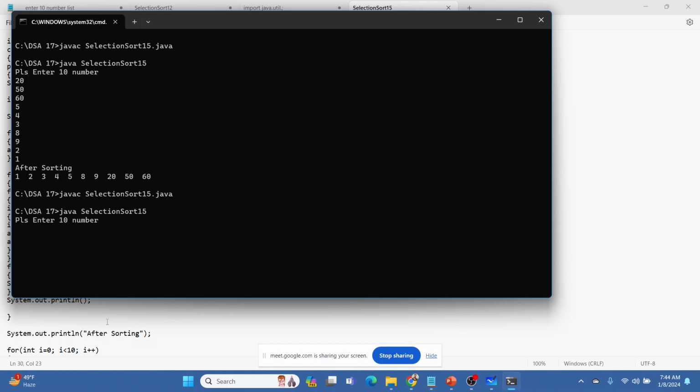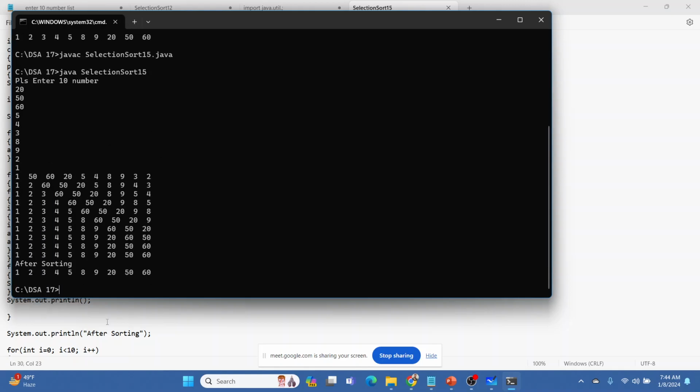We'll run again. Same input: 20, 50, 60, 5, 4, 3, 8, 9, 2, 1. This is what is happening with each iteration.